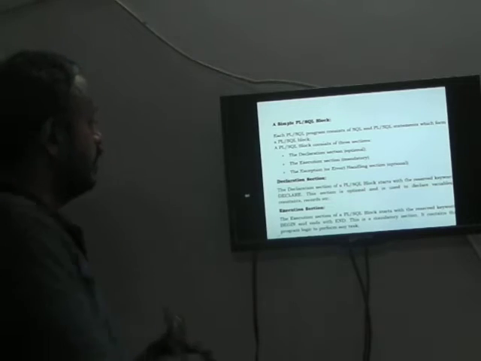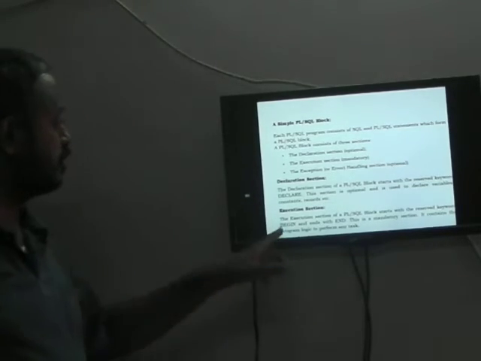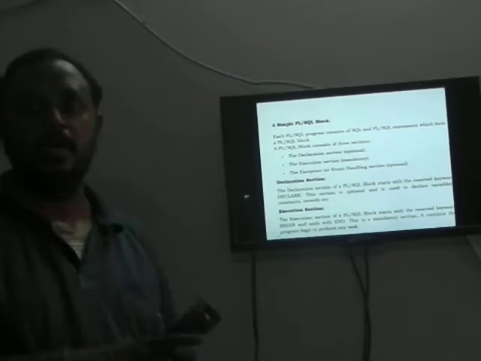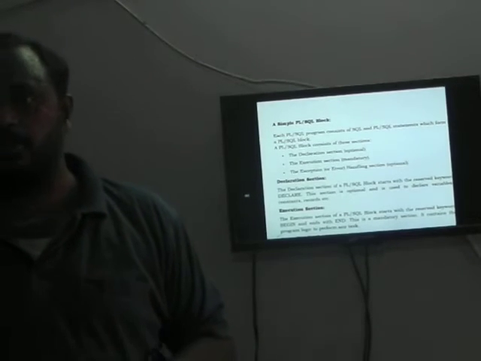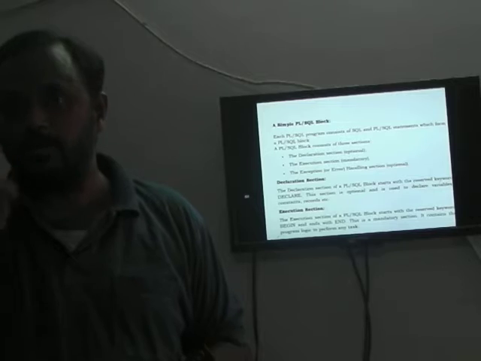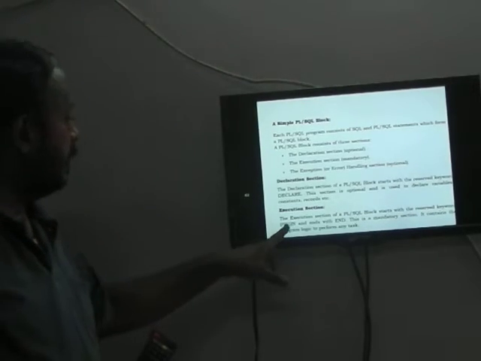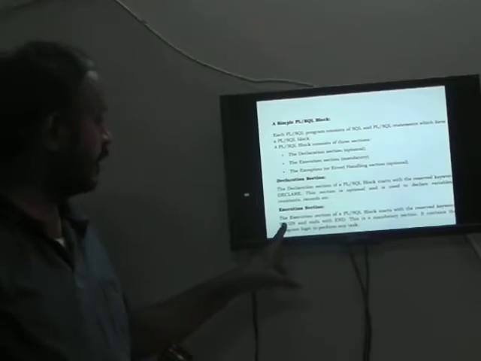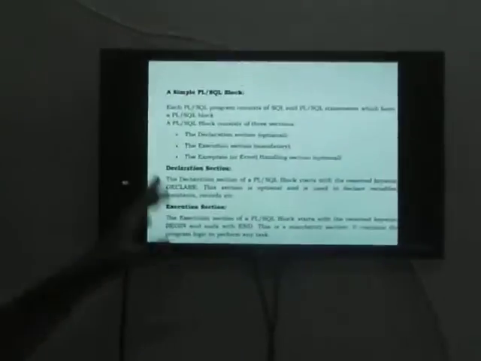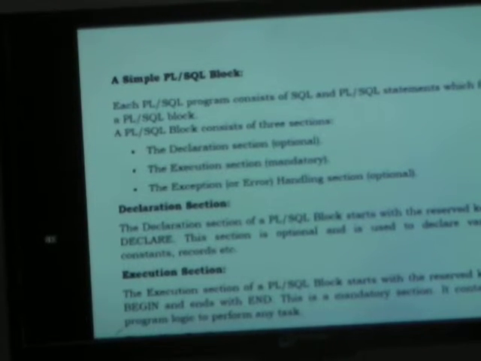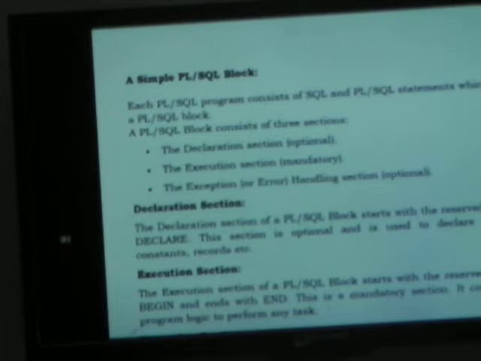Okay, everyone is clear. Then we'll go to the execution section. The execution section begins with begin. The keywords are begin and end, like the opening brace and closing brace in your C program, and like in your Java program. You definitely need begin and end. Begin means your program execution starts. End means your program execution is completed. Whatever is in between begin and end, you need to intimate to your compiler.